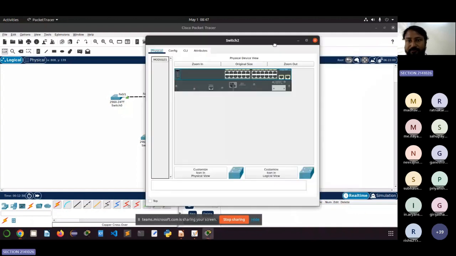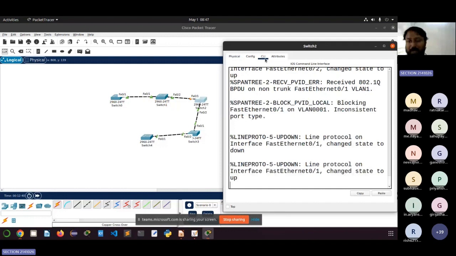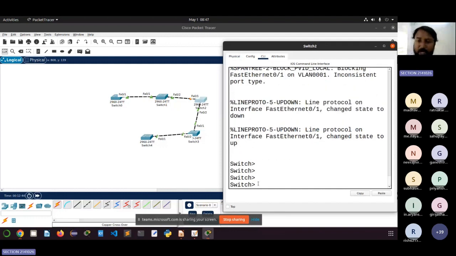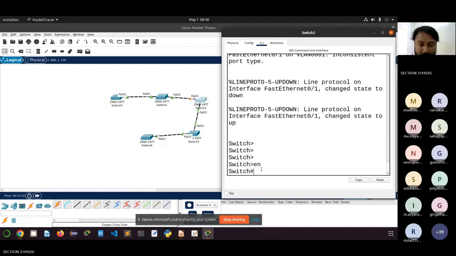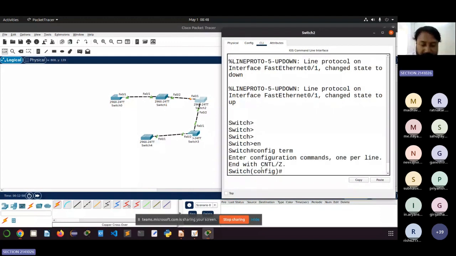For the switch 2 go to the CLI of the switch 2. Now I am in the CLI of switch 2. Enable, config terminal, and I need to select interface